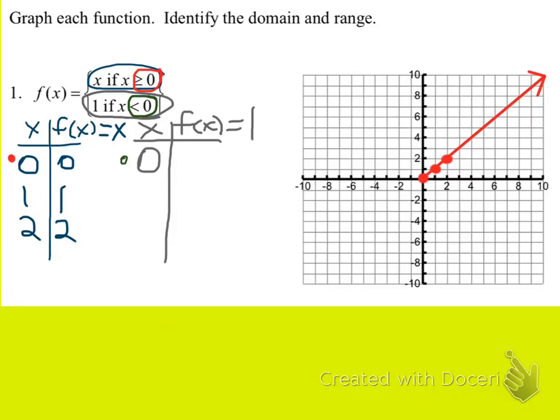So then we want to pick two values that are less than 0. We will choose -1 and -2. And then for this function, f of x equals 1, since there is no x value, the range is constantly 1. So all of our range values will be 1, and then we're going to graph it. So this time 0, 1 will not get a closed circle, it'll have an open circle